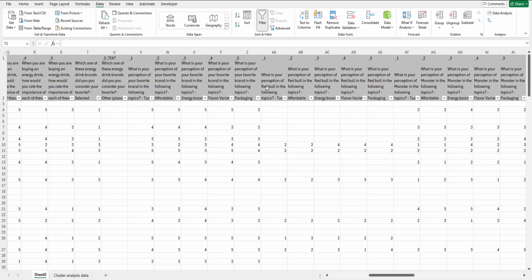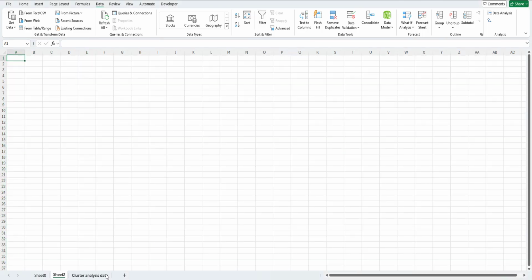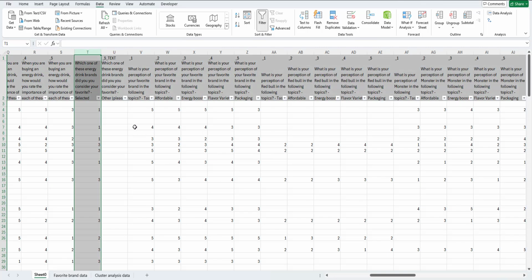So here's what we do. First, we create a new tab. To make life easier for us, we create a new tab and we call it favorite brand data. Okay, then we go back to the original sheet and we copy these